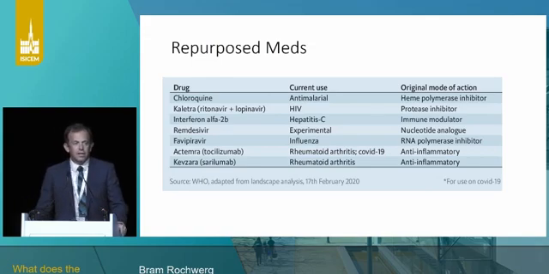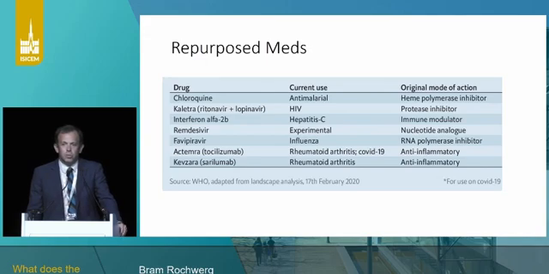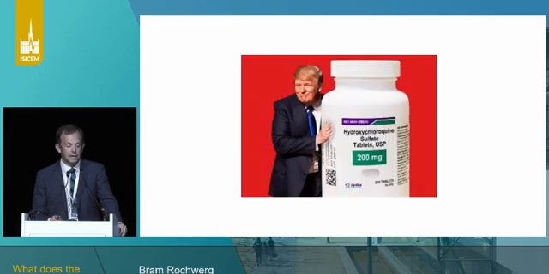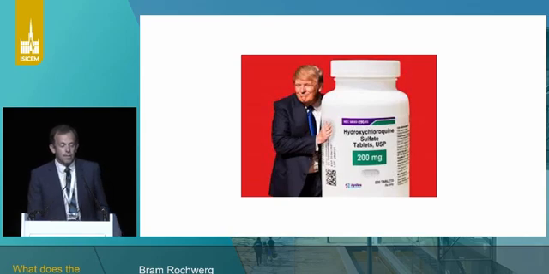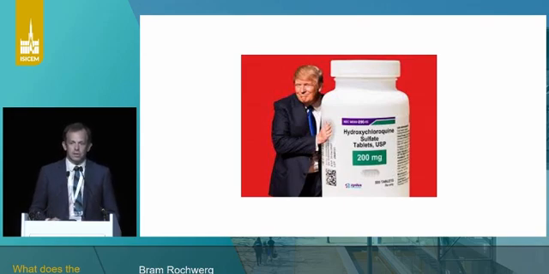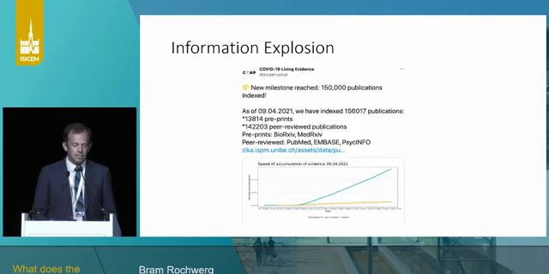Pretty amazing that even this far into the pandemic now, almost 2 years, we're mostly left with looking at repurposed drugs, the drugs that had been given for other indications that we're now exploring in the role of COVID-19. Most of them either antiviral or immune mediating, at least. And around these different agents, there's been enthusiasm from different sources, and sometimes misplaced enthusiasm, as was the case with hydroxychloroquine and our orange-haired friend from the United States.